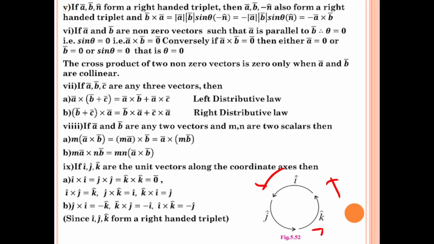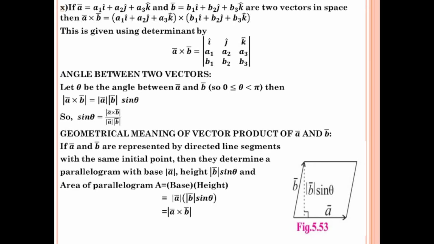Okay, i cross j is equal to k, j cross k is equal to i, and k cross i is equal to j. If the direction is opposite, then it will become a minus. j cross i is equal to minus k, k cross j is equal to minus i, i cross k is equal to minus j. If a vector we will write with the unit vectors as